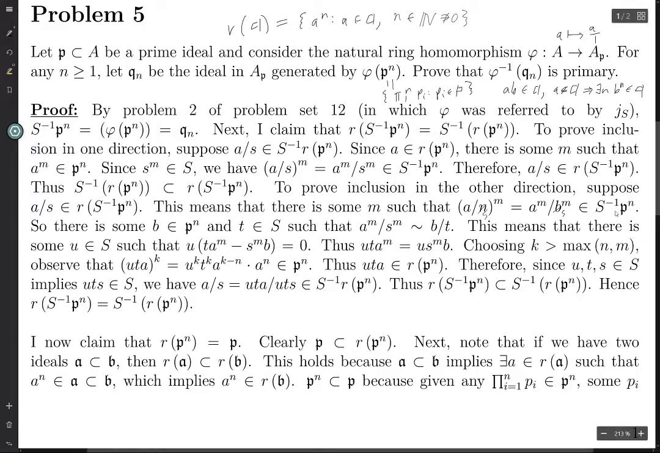So a to the m over s to the m is in here. So that means that a to the m over s to the m is equivalent to some element in here, i.e. there is some b in this ring and t in here such that this fraction is equivalent to this. Now that I'm looking at this, what I should have done is flipped these two around, because what we're doing is